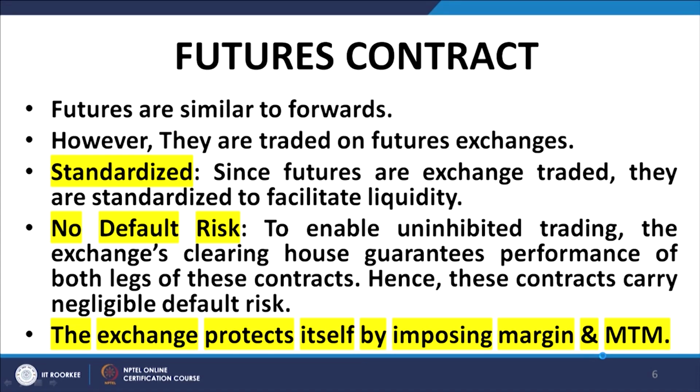So, what are futures contracts? Futures contracts also give you a right to buy or sell. It is an agreement to buy or sell an asset to another party at a price which is agreed upon at t equal to 0, at the inception of the futures contract, and at a point in time which is also agreed upon, and other terms in relation to the delivery or the execution of the contract, the mode of delivery and so on, the mode of settlement, whether it is cash settlement or physical settlement as the case may be, all these things are agreed upon at t equal to 0.